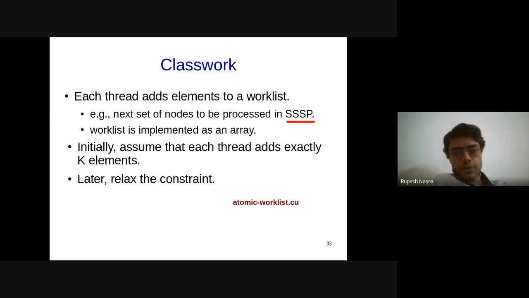If I equals 0 initially and two threads execute atomic increment ampersand of I, then one thread is guaranteed to see the value 0, the other thread is guaranteed to see the value 1, but it can change across the two threads. That is, the second thread might see the value 0, and the first thread might see the value 1. So the ordering is not guaranteed, but they are guaranteed to see different values, even if they are executing atomic increment exactly at the same time. That means they are probably part of the same warp. That is also okay, but they will get different values.